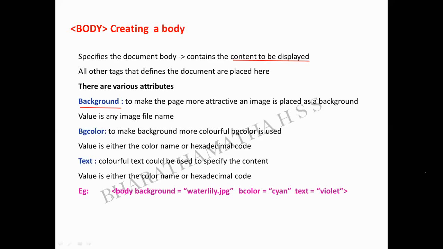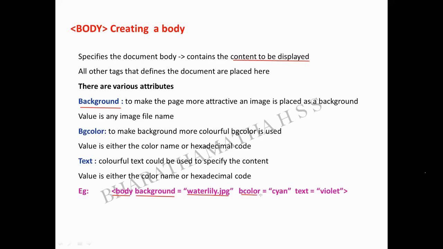So for example, see how I have typed. Please see how I have typed. Angular bracket, body, space. Okay. Then background is a single word. How I have typed, please note it very carefully. Background is a single word. Okay, is equal to water lily. Water lily. Sorry, I made a mistake here. It is BGCOLOR.